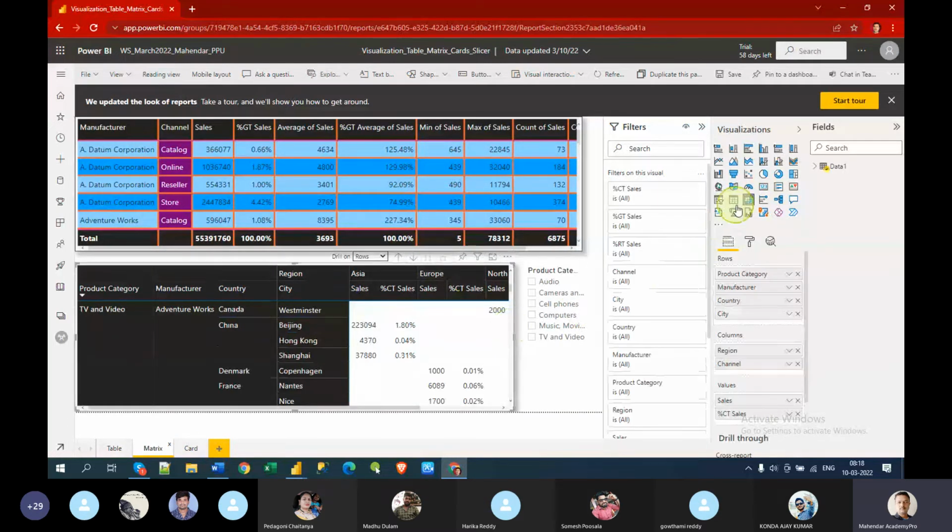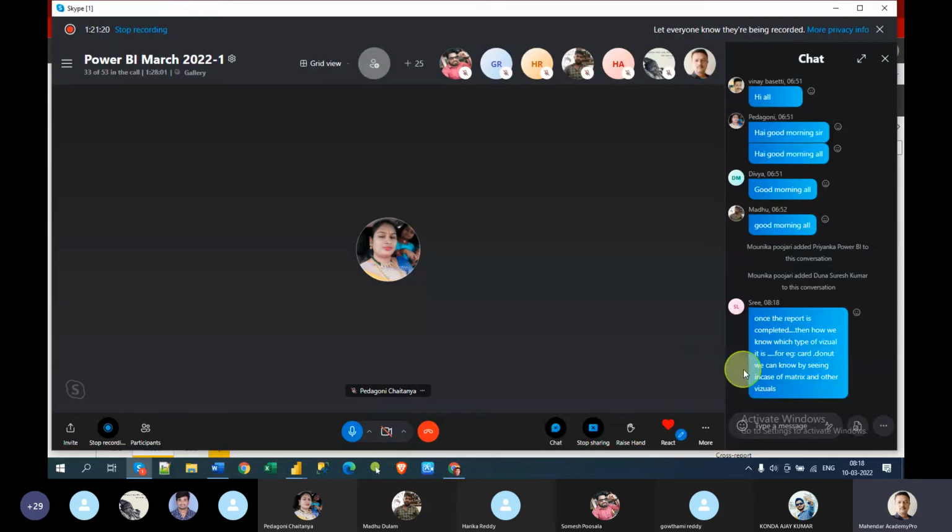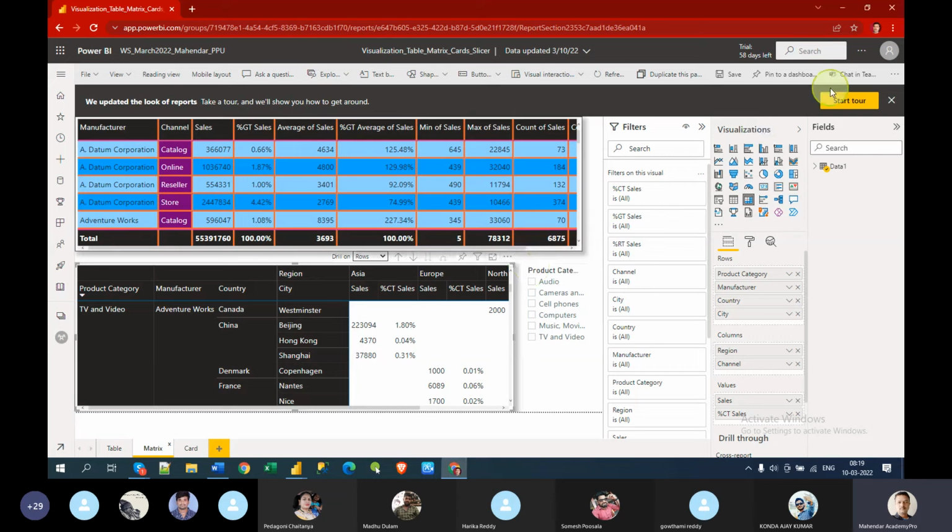Good question. For example, card, donut, card, matrix and others, this is how you should know. Good question, Shweta, I appreciate you. You can just go to edit mode and then click on it, and that particular visual shade is highlighted.